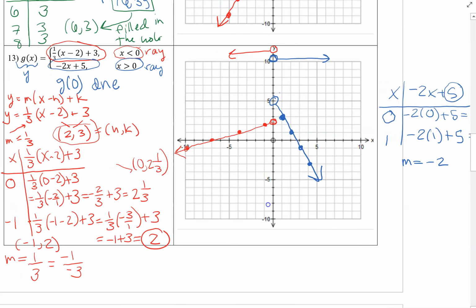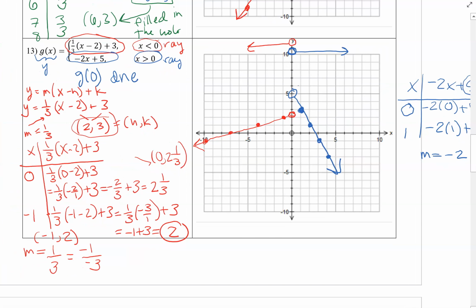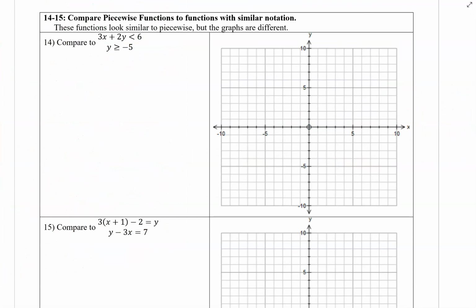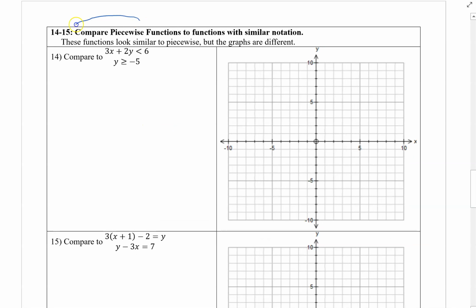And so that's the completed answer for number 13. So the remainder of this video is actually comparing piecewise functions to systems of linear equations and inequalities. So what I'm about to graph right now is not a function. It's not a piecewise function. This is a system. Okay, not a piecewise, but a system of linear